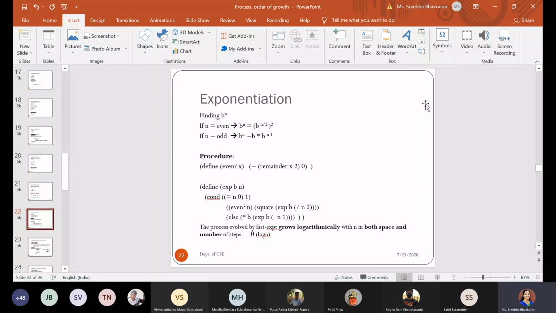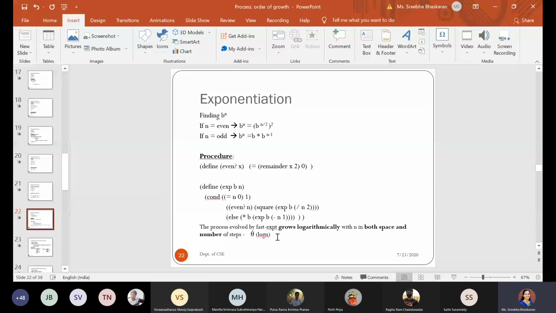If n becomes 0, we return the value 1. If it is an odd number, we multiply the base one time with b to the power of n minus 1, reducing it by one so that it becomes an even number. Then we can take up the above procedure itself.